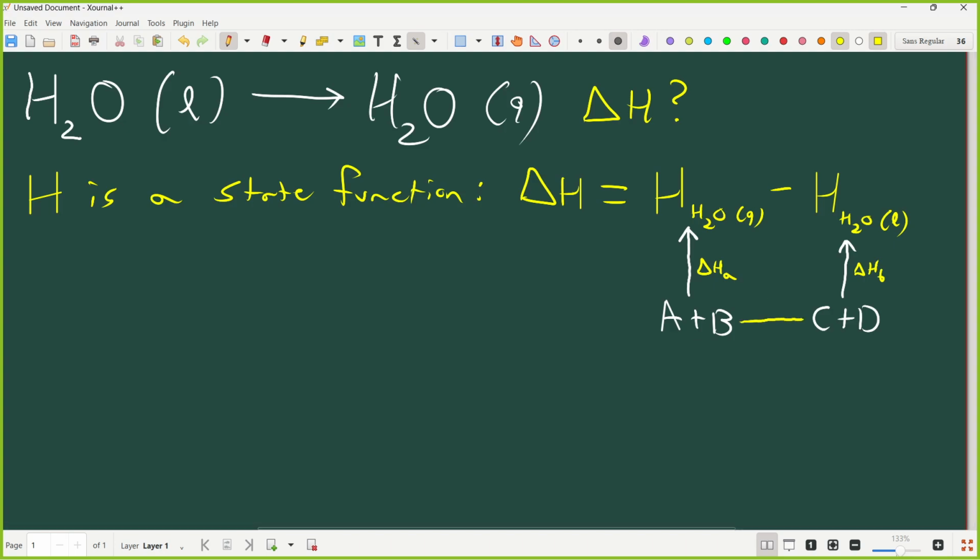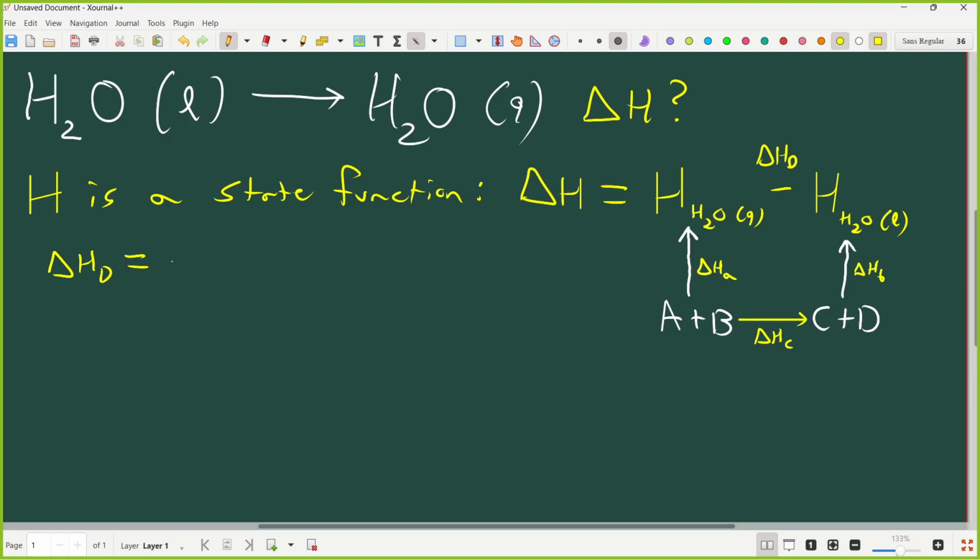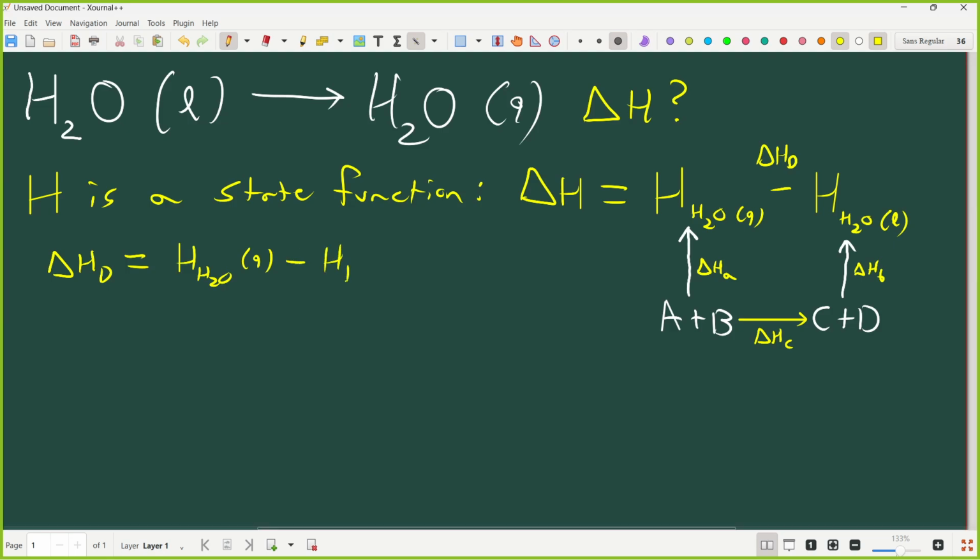And if we can measure the enthalpy difference HC, if we can know all three of these, then we can know HD. Right? Because HD, let's see. HD is going to be H2O gas minus H2O liquid. Right? And then delta HA